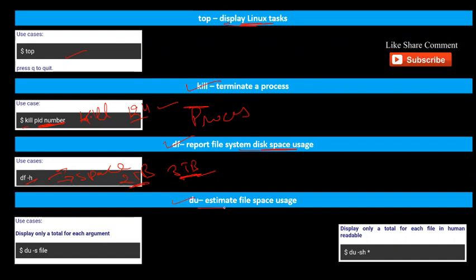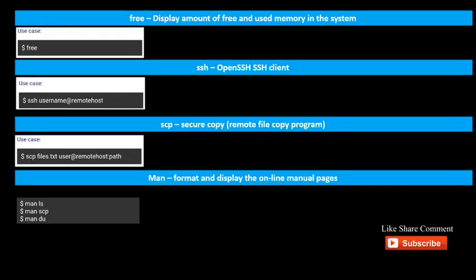And to see how much space a file has used, you can use du hyphen s file. Or if you want to see the size of all existing files, you can use du hyphen sh star. And if you want to display the amount of free and used memory in the system, you can use the free command.